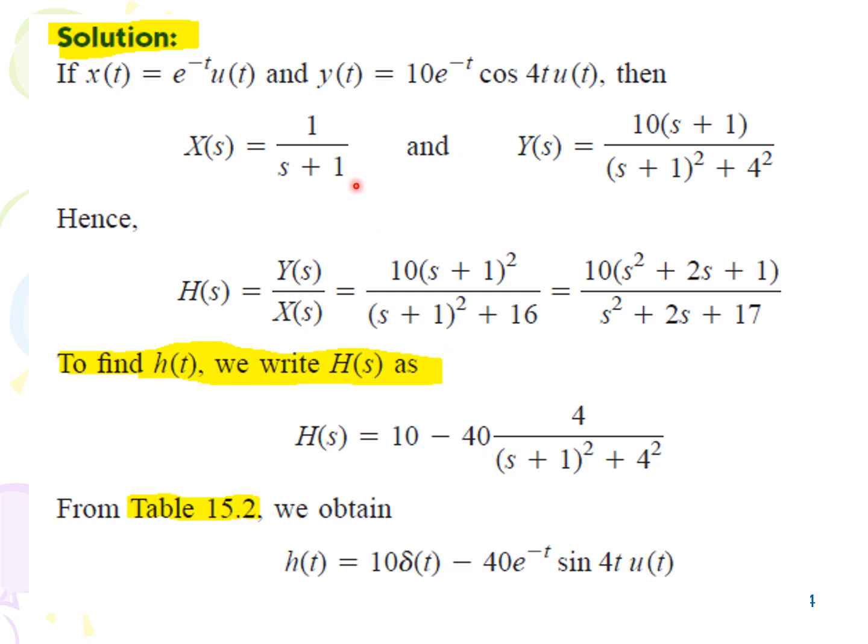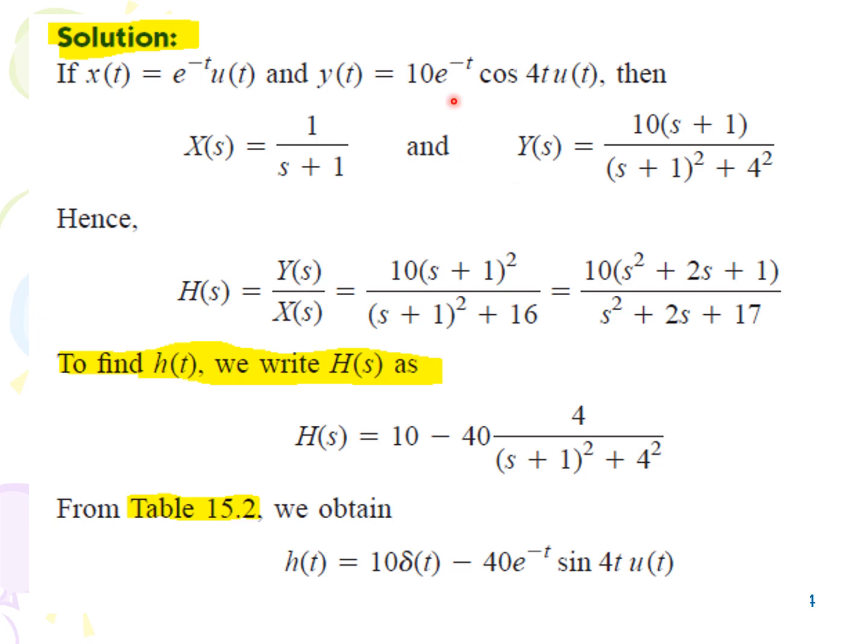Solution of the previous example. So if x(t) is equal to e^(-t) u(t) and y(t) is equal to 10 e^(-t) cos(4t) u(t), then X(s), which is the Laplace transform of e^(-t), will be 1 over s plus 1. Similarly, Y(s) is the